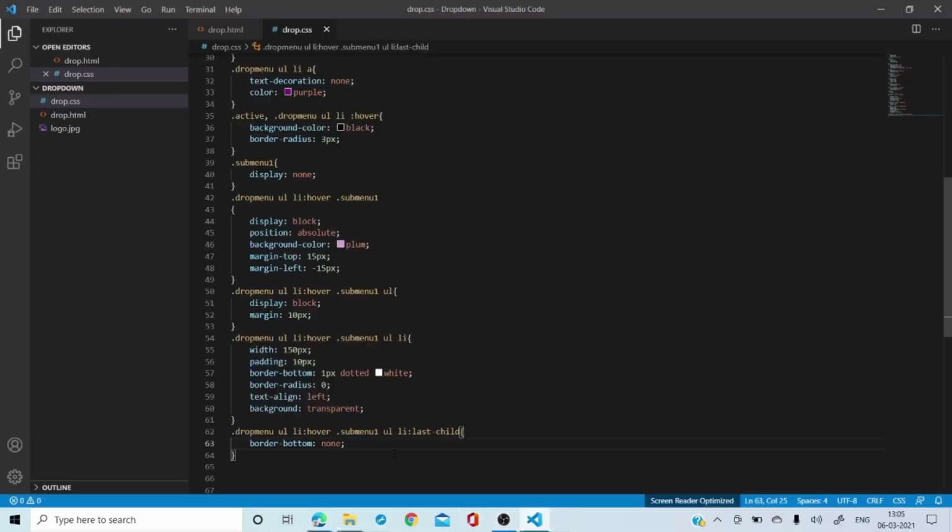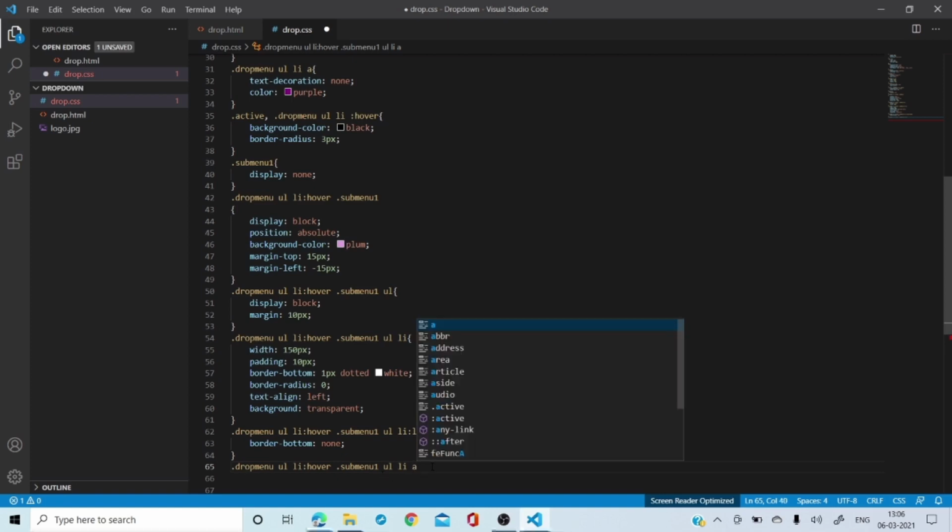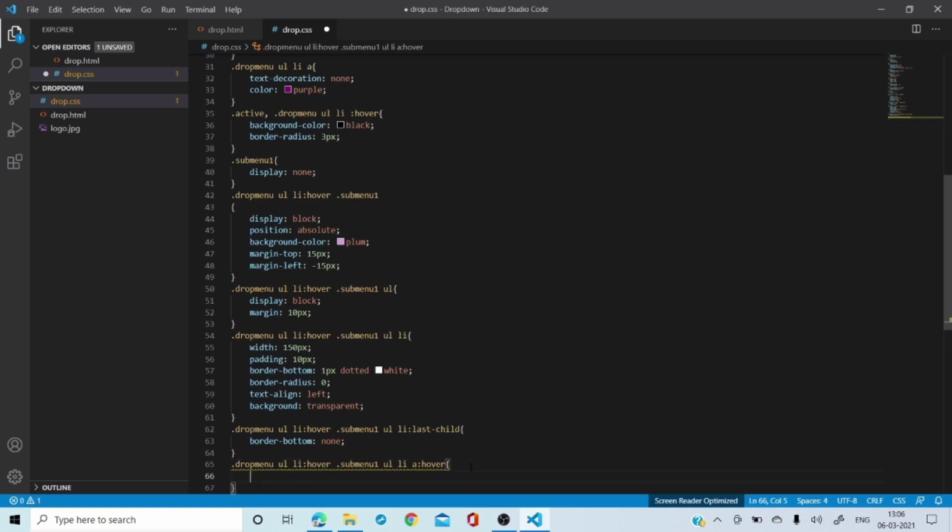Now what else do we want? I want the hover button to work perfectly, which is not working currently, right? So same thing you're going to copy here as it is. See, UL LI, and then what is going to come? Wait, drop menu, UL LI, hover, sub menu 1, UL LI, and now it will come A. And I'm going to put the hover effect like this.